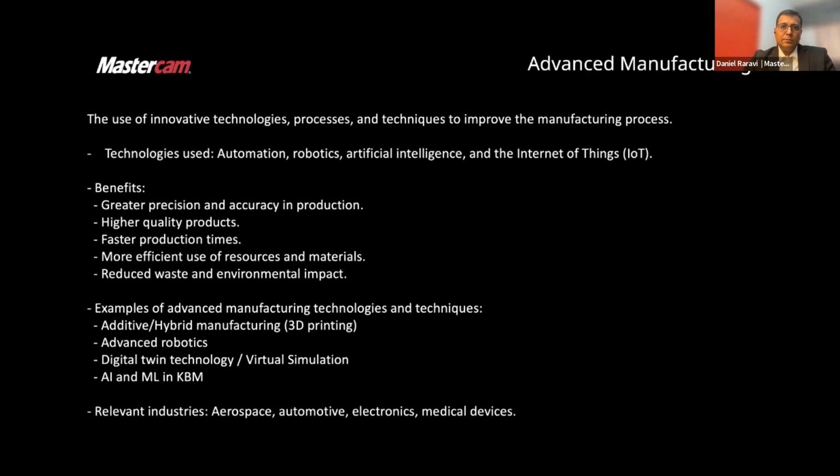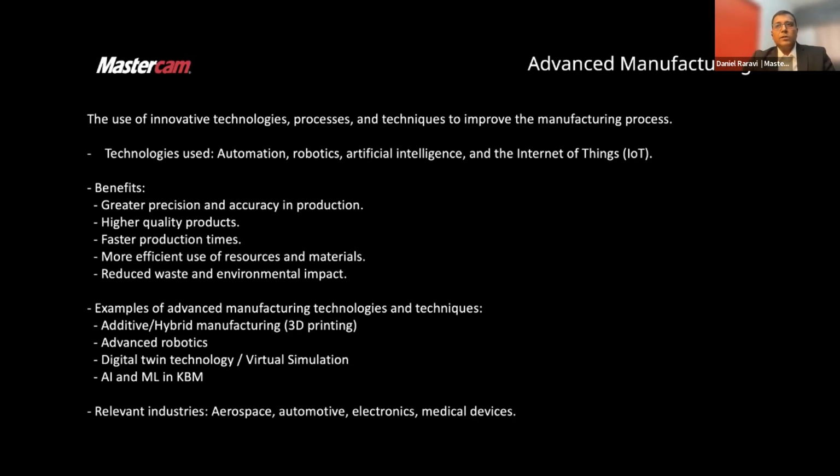The examples of advanced manufacturing technologies would be discrete CNC machining, which is our topic for today, additive and hybrid manufacturing using 3D printing, and a combination of subtractive and additive manufacturing practices. Then there's advanced robotics. This is essentially using industrial robots for purposes of manufacturing related to other aspects, for example, tape laying, or milling, adhesive laying, a number of such technologies.